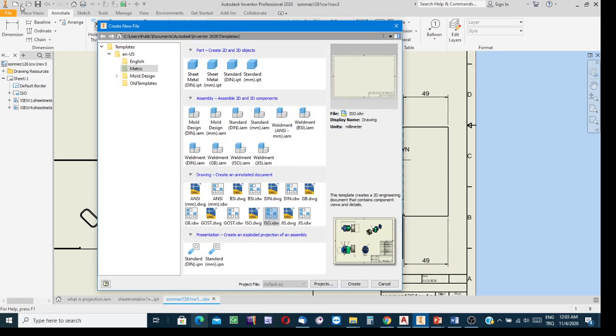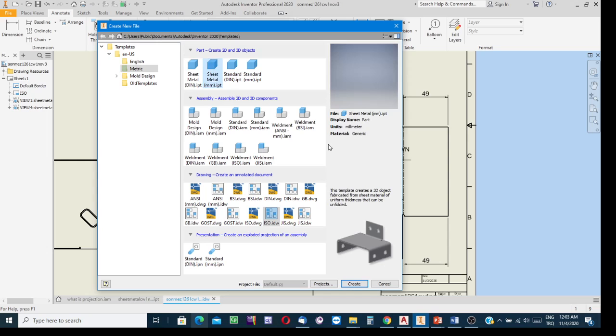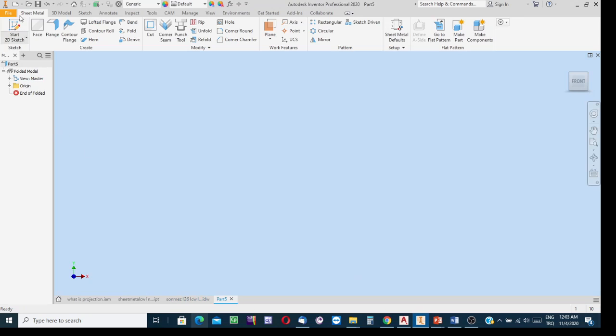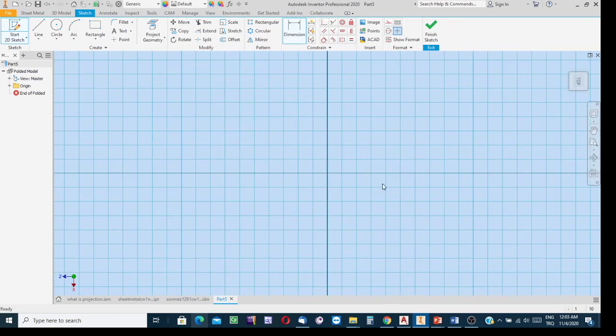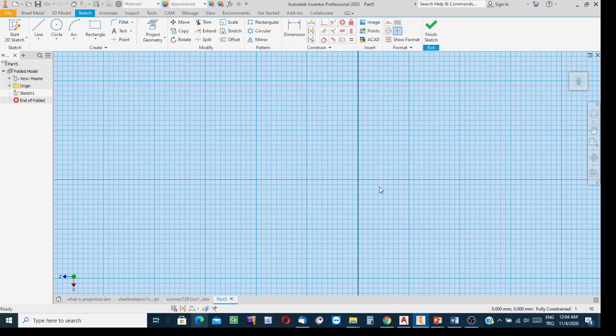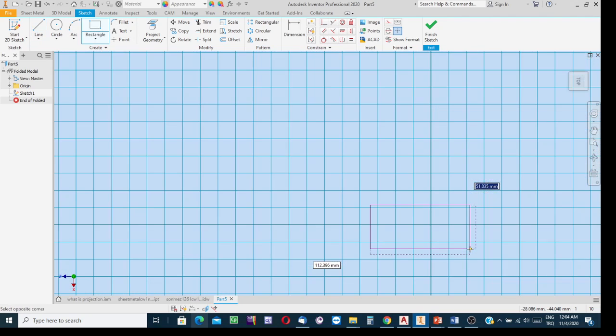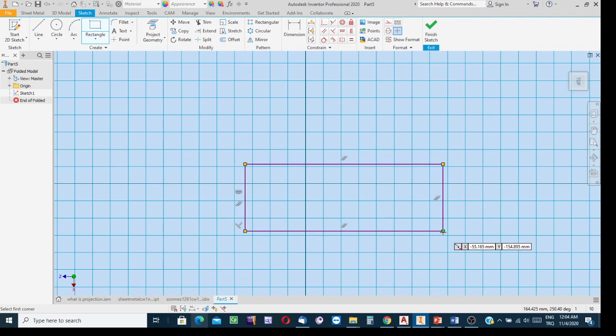Answer the question, selected the sheet metal work template, clicked on create, and then start the sketching stage. Sketch. And then I'm going to skip the sizing stage here. Assume that, then create a rectangle, and then one more rectangle, and